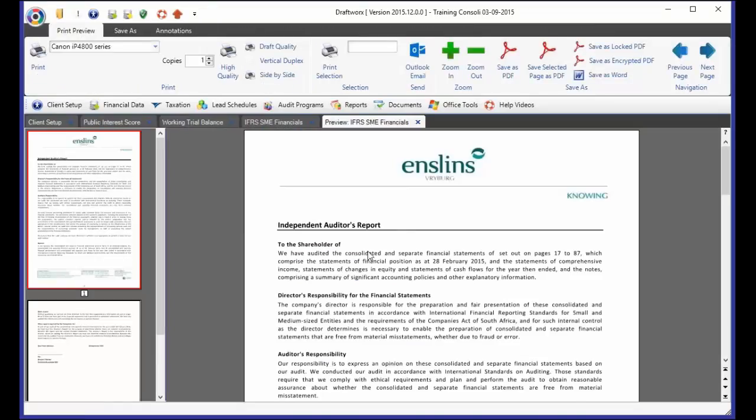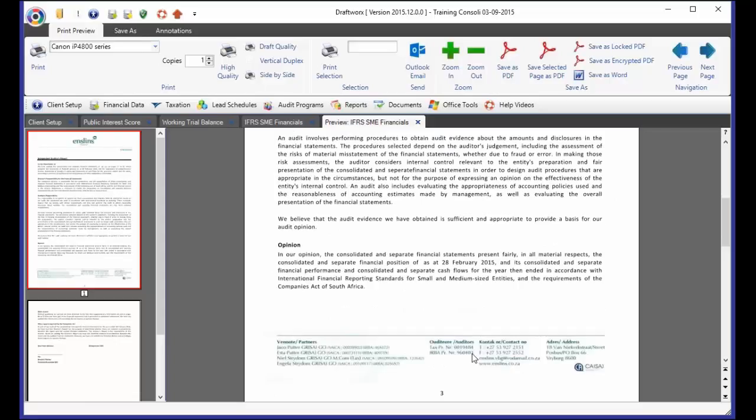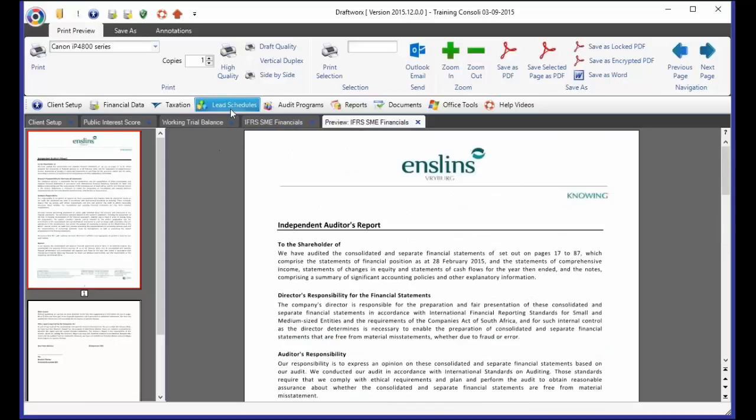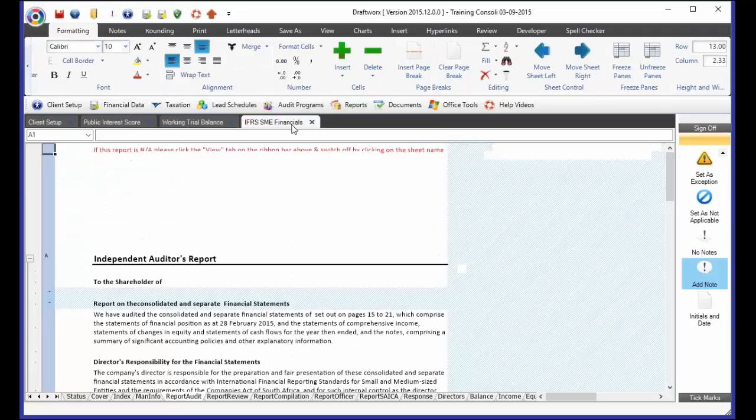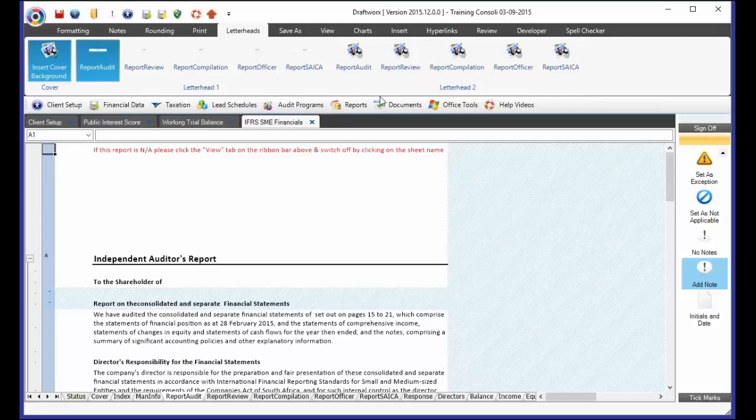And there it has gone and put the letterhead and footer in for me on my audit report. Okay, the reason that there are multiple options here, sorry, I might have done that too quickly. I'll go back. The reason why there are multiple options is you could have one letterhead for your audit report and a different letterhead for your compilation report. Let's say you are sister firms, one does the audit, the other does the actual financial statement preparation. You can then have different letterheads in the same print if you print an audit report as well